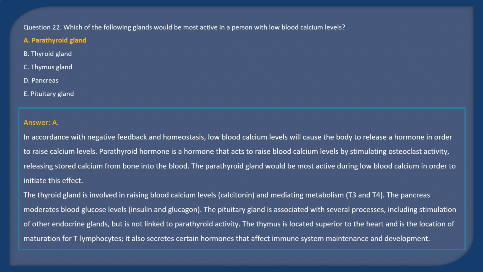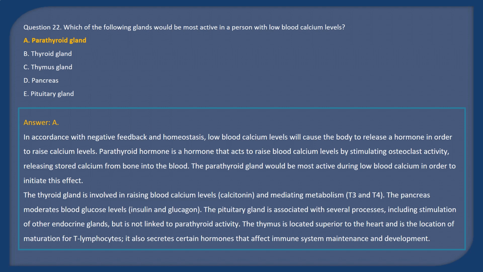Answer A. In accordance with negative feedback and homeostasis, low blood calcium levels will cause the body to release a hormone in order to raise calcium levels. Parathyroid hormone is a hormone that acts to raise blood calcium levels by stimulating osteoclast activity, releasing stored calcium from bone into the blood. The parathyroid gland would be most active during low blood calcium in order to initiate this